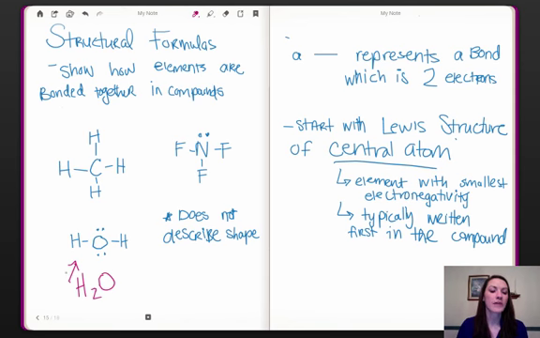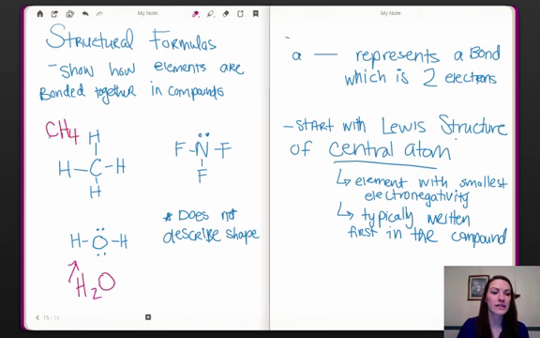All right, so you can see the difference. It starts to show the way that the structure is formed. It does not show you the exact shape. So something to remember, these are not 2D and 3D molecules. We're not doing any sort of geometry or shape yet. That's going to be our next step. All right. So this example right here is